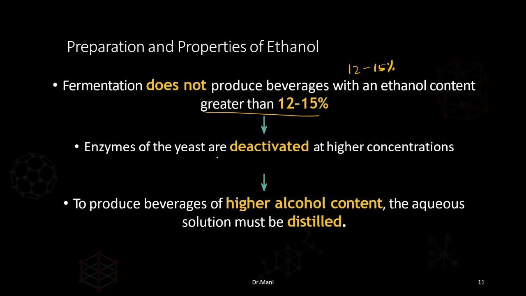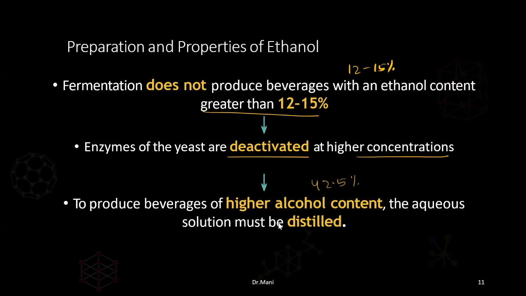So the enzymes of the yeast are deactivated at high concentration. Why only 12 to 15%? Why can't we get more? Because if the concentration is increased, the enzymes of the yeast will be deactivated. Okay, they will stop converting the simple glucose into ethanol. They will not convert once the concentration increases beyond 12 to 15%. To produce beverages of higher alcohol content, the highest being 42.5%, that's in whiskey, brandy, and rum,